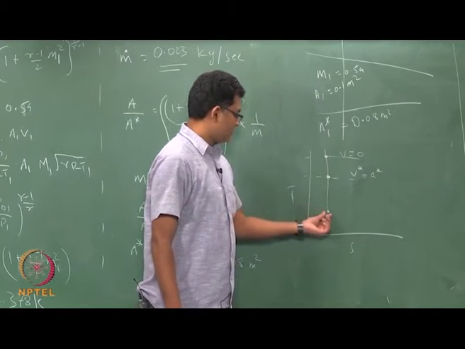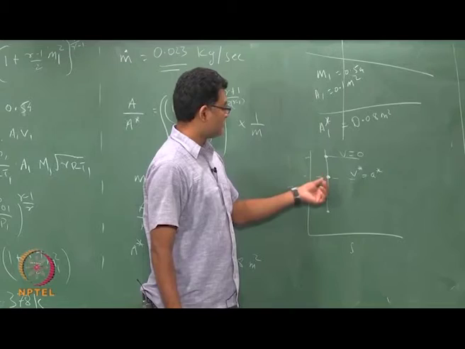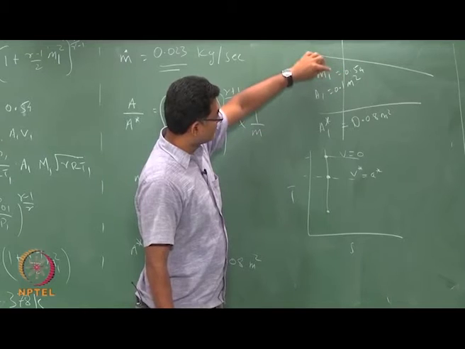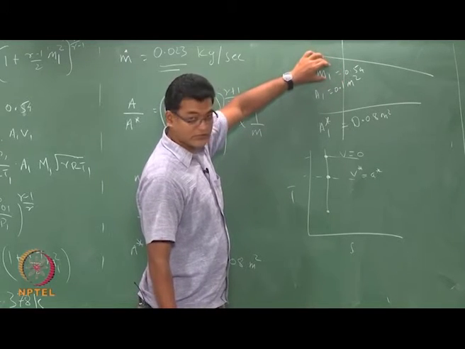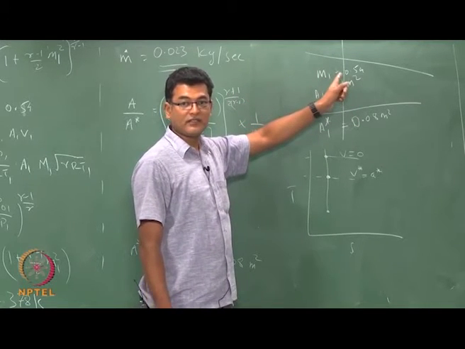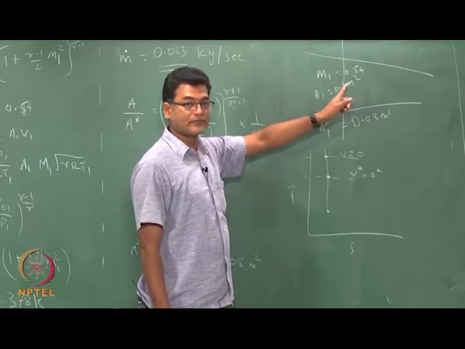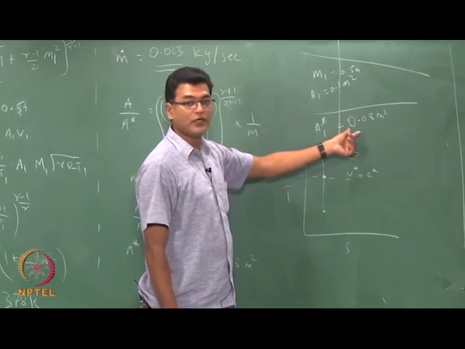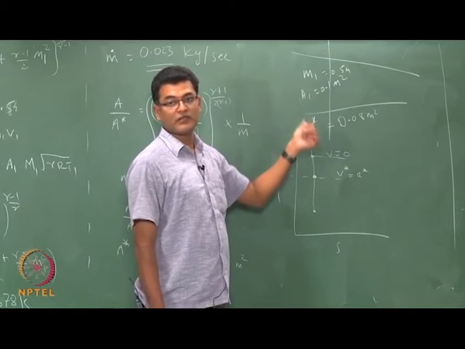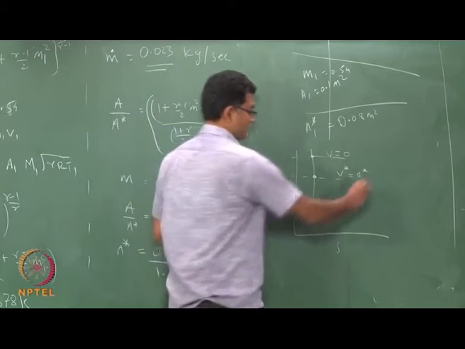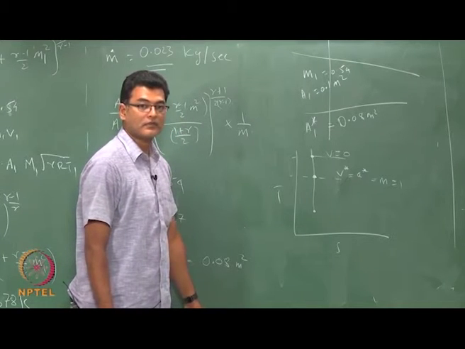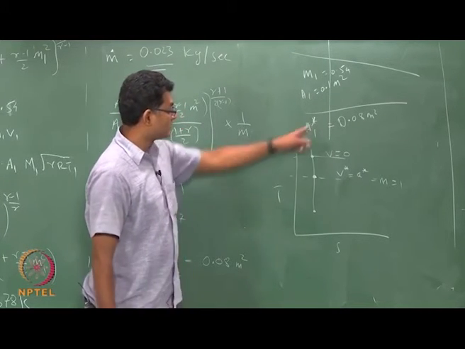Okay. So, if I do this process, what is my area there? That is what it is given. So, for the same setup, if I want to do an isentropic process to reduce this velocity, this area has to change to this area to get the velocity of sound as same as the velocity of the fluid. Okay. So, I have to reduce this much in area to get my Mach number to be 1 at this particular location. Okay. So, here is where Mach number is 1. Fine. That is the meaning of A star.